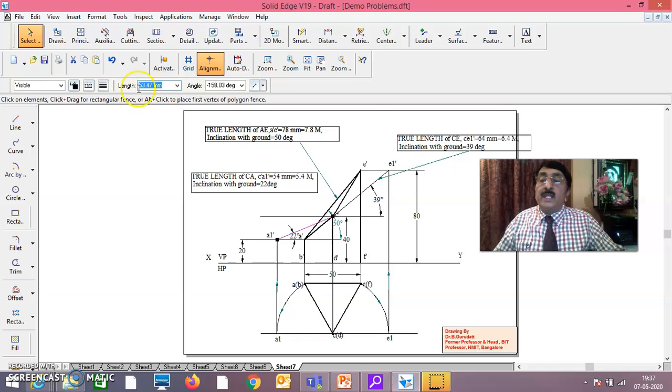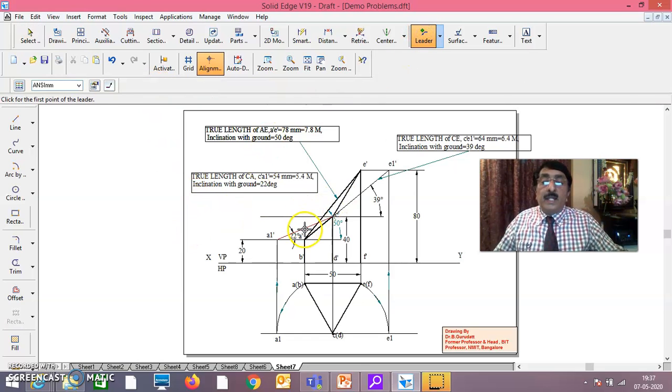You show one leader here. This is a perfect way of doing things, and you have done it in all possible ways properly. You have taken a scale of 1 is to 100, that is 1 meter is 1 centimeter. In that way, you have taken 20 mm, 40 mm, 80 mm, and equilateral triangle is 50 mm.